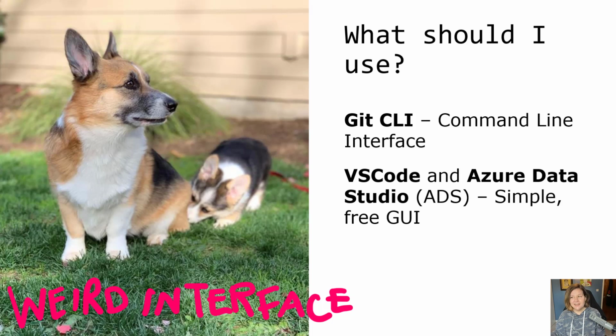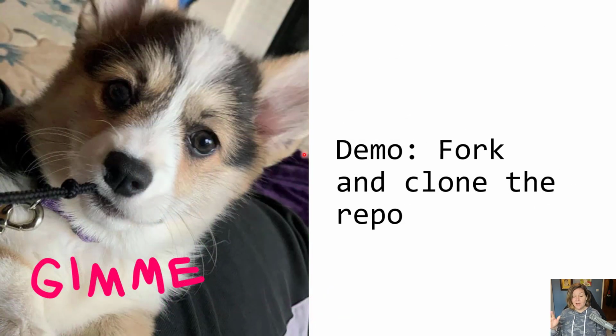There are many other tools out there. I like both of these because they aren't overwhelming. They provide a lot of functionality without having so many different options. Git can get very complex, and I find that these don't overwhelm me too much, and they cover most of the things that I do all the time. So we're going to get started just by saying, okay, well, how do we create our repo